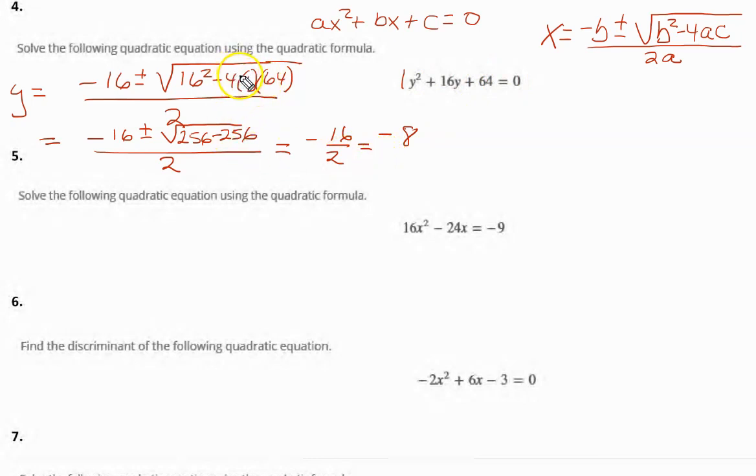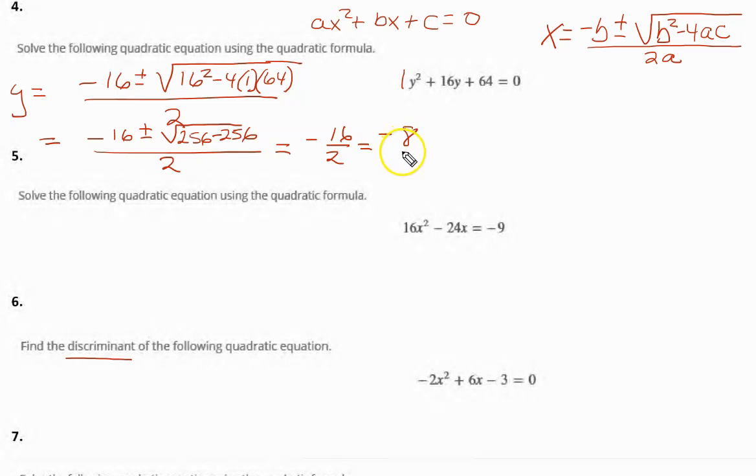Now, we're going to be looking at this a little later. The word is here. What is under the radical sign, we call this b squared minus 4ac, the discriminant. And this discriminant determines the number and kinds of answers you're going to get. If the discriminant is 0, which is what it is here, you're only going to get one solution that is actually repeated,